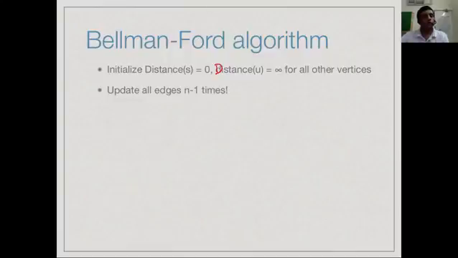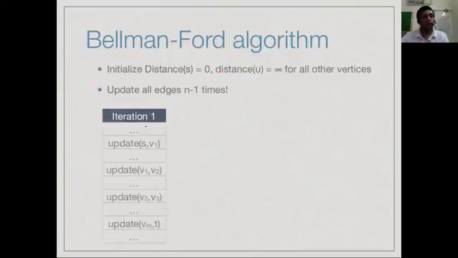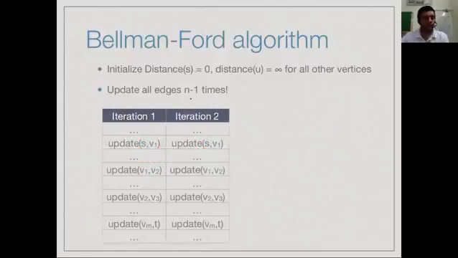Right? So what you do is initially you update for every edge, given the fact that S has distance 0 and U is infinity otherwise. Then we update everything. So all of these updates where S is the source vertex and V is the target vertex, these will give us now some finite values for these V's, whereas these will just remain infinity, right? So this will become finite and these will become infinity. Now you have done one full sequence of updates in which other than S, all the neighbors of S now have some finite values. Now you do this whole thing again. Right? So you update every edge again. And then you update every edge again.